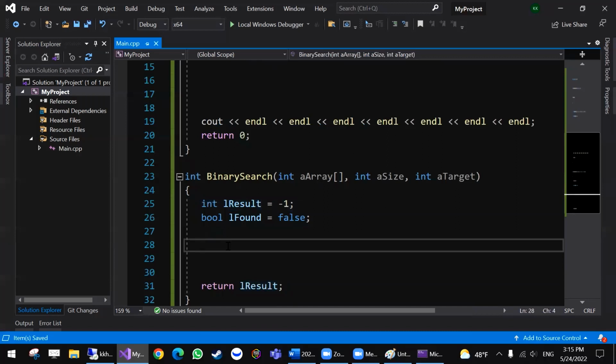Then we need our boundaries. Remember how we start in the middle? How did I know this is the middle? Because I had boundaries. The very first time I started, my boundaries were,